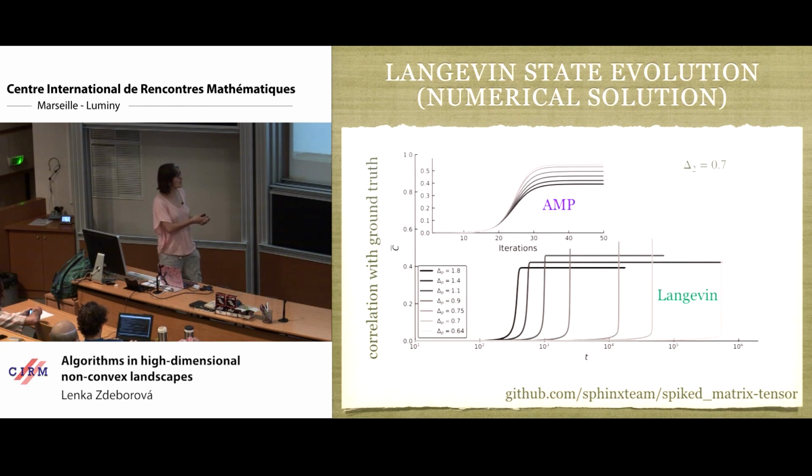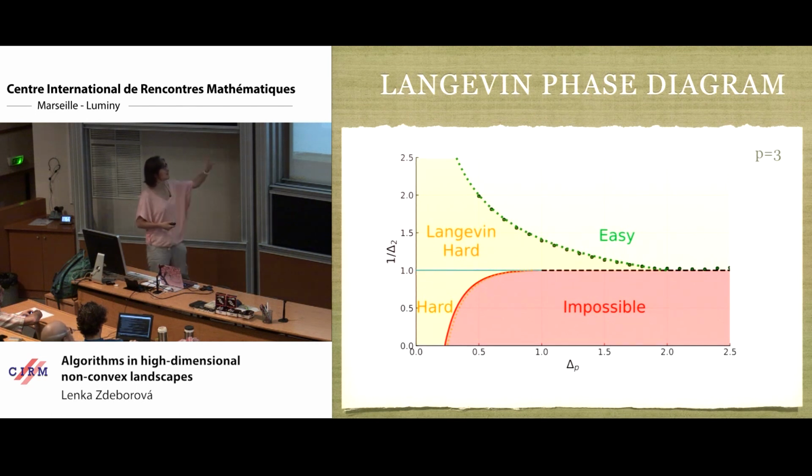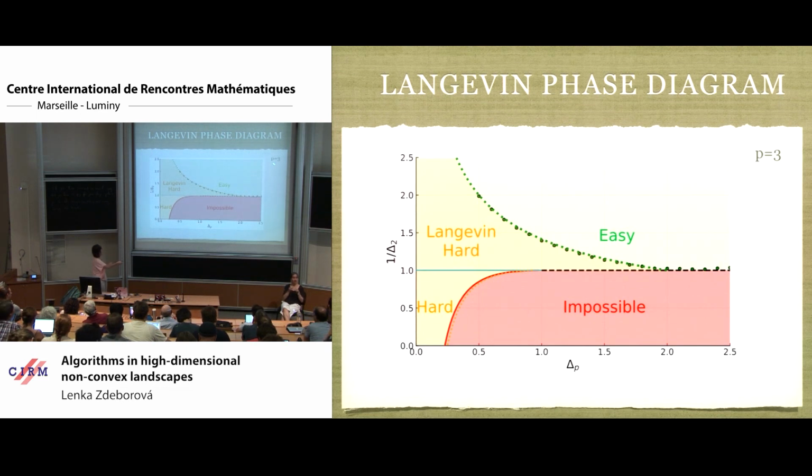And if you draw these times, they do appear, numerically, to diverge at a certain point. If you do these extrapolations and collect the points where they diverge, you get the following line in the phase diagram. It's the same one I showed you before. The approximate message passing was working in this green region, but the Langevin algorithm is working only in this region up there. When it is working, it's getting the same marginals as the approximate message passing up to, I don't know, many digits.